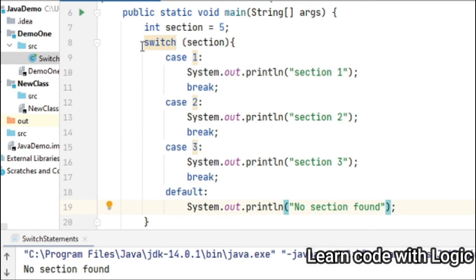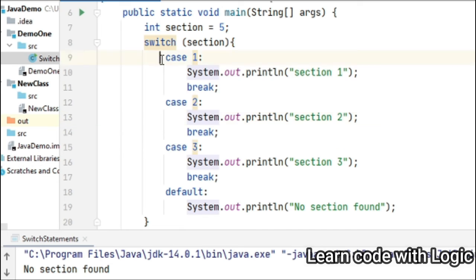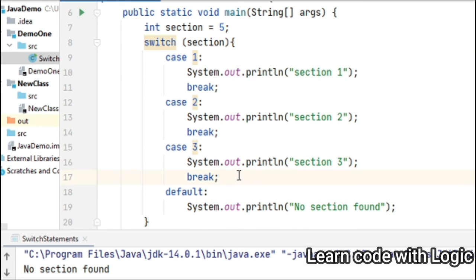So you can observe here we have only one loop, in that we have many cases or many possible situations. If you want to add, you can add how many situations, depends on the requirement. This one is very easy to understand and easy to implement as well.